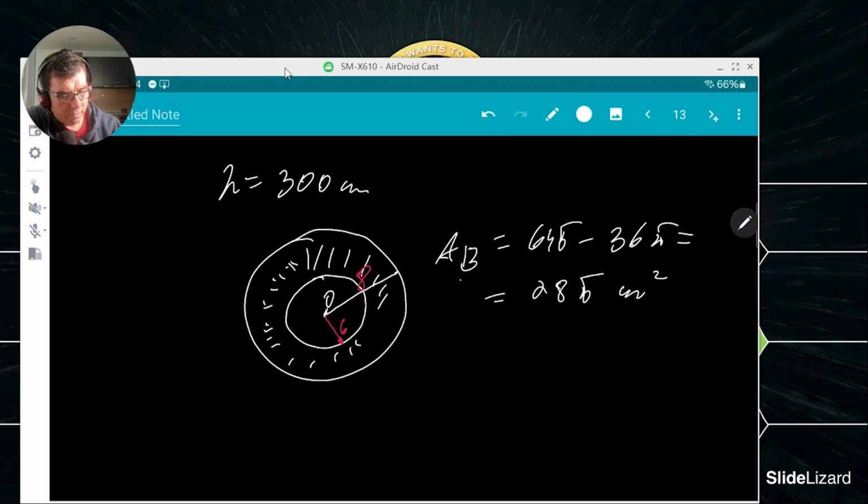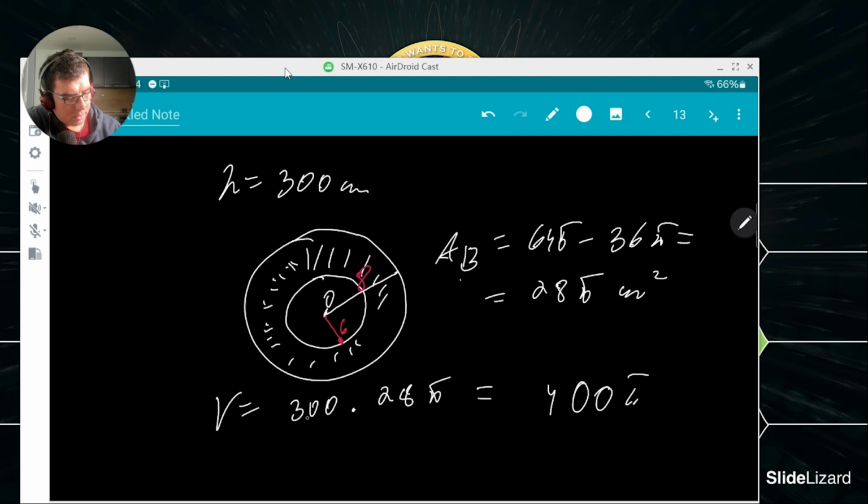And now we calculate the volume in centimeters. V equals 300 times 28 pi. 0, 0, 3 times 8, 24, 42, 3 times 2 is 6 plus 2, 8, so 8,400 pi centimeters cubed. And now the mass will be rho times V, 7.3 times 8400 pi,